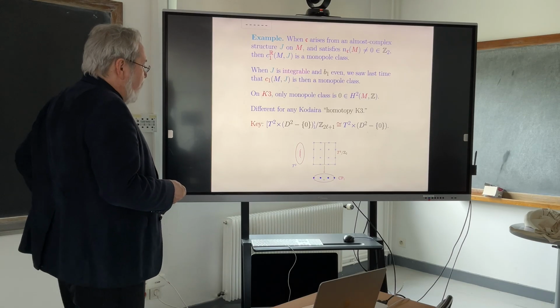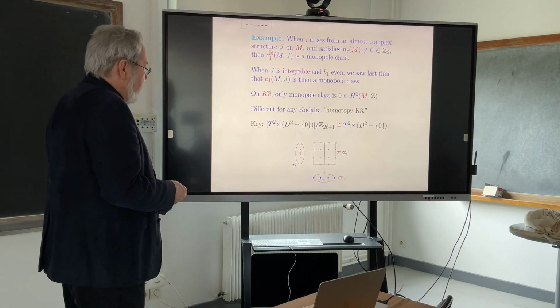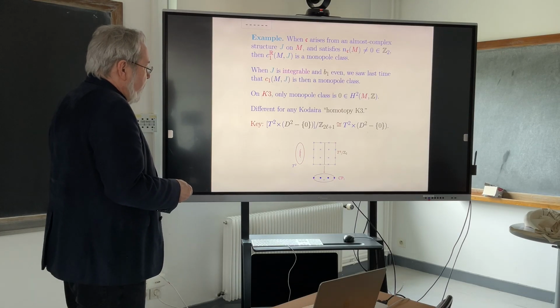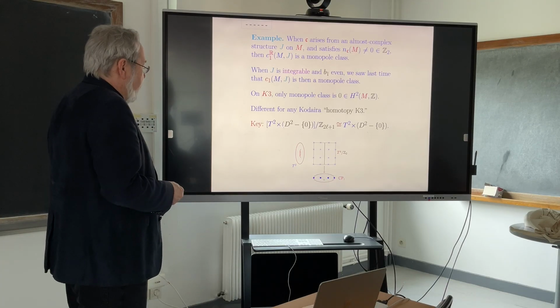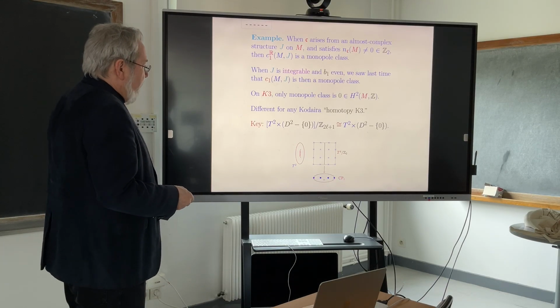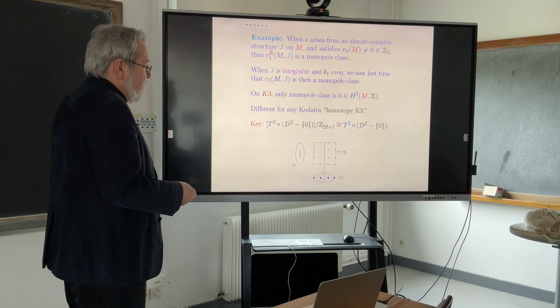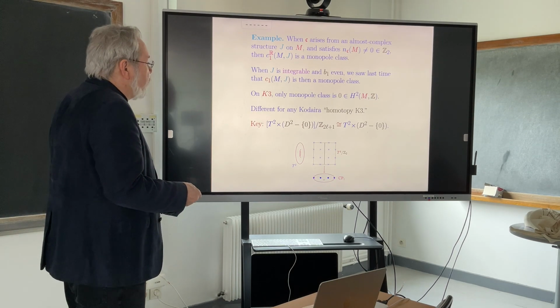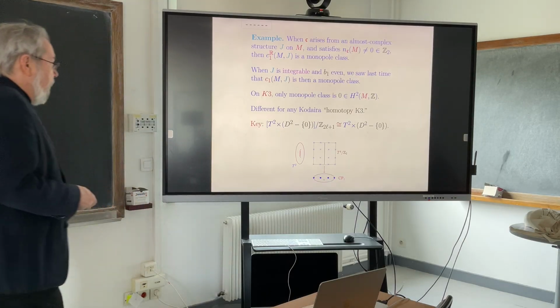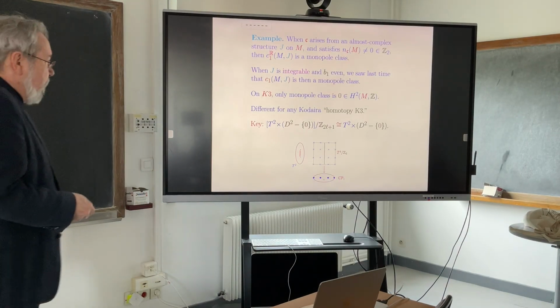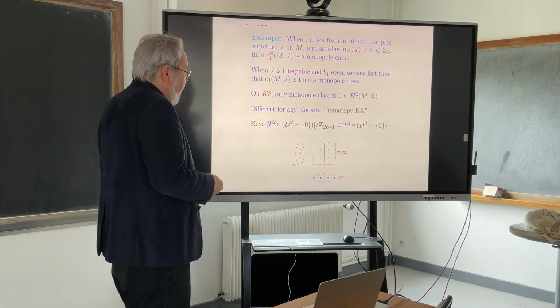But when you mod out here, the quotient of this disk by this rotation group is itself a 2-disk. You can identify that with a 2-disk, and then the exercise is that away from the origin, in fact, this is a trivial T2 bundle over that 2-disk. So what you can now do is